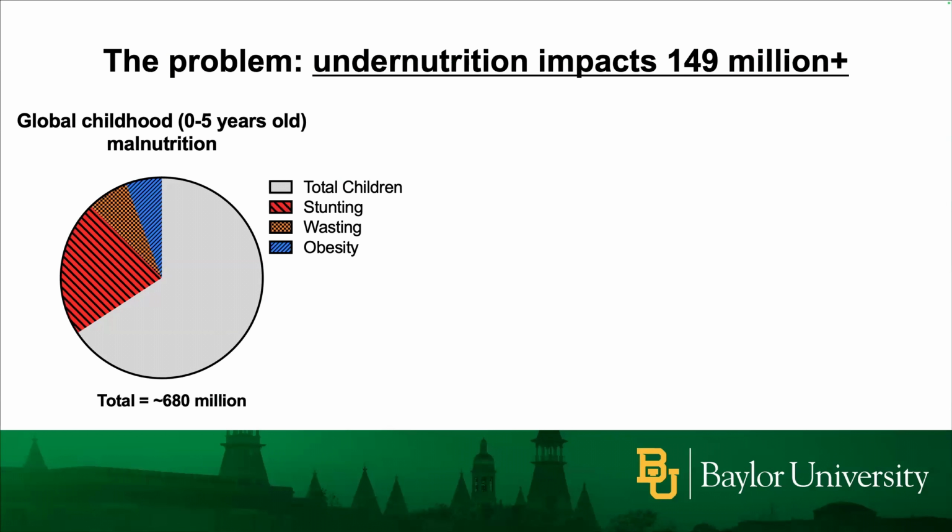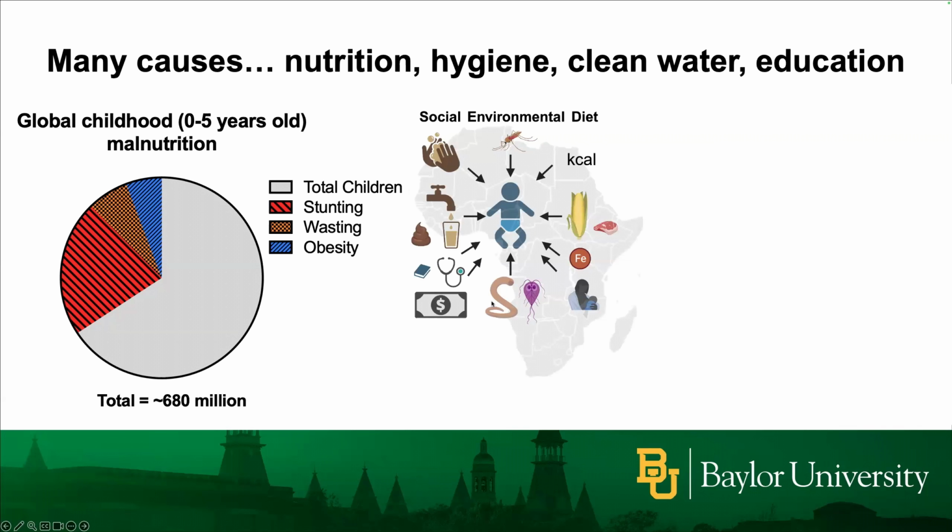Across the world, around 25% of kids, 0 to 5, are undernourished. Most of these are children who are short for their age, or stunted. Wasting, which is a more severe phenotype, has a lower incidence. And there are a lot of reasons for this. It's not just about getting sufficient nutrition, but also access to clean water, hygiene, both macronutrients and micronutrients, the intersection of infectious disease, including parasites and malaria, and educational status.